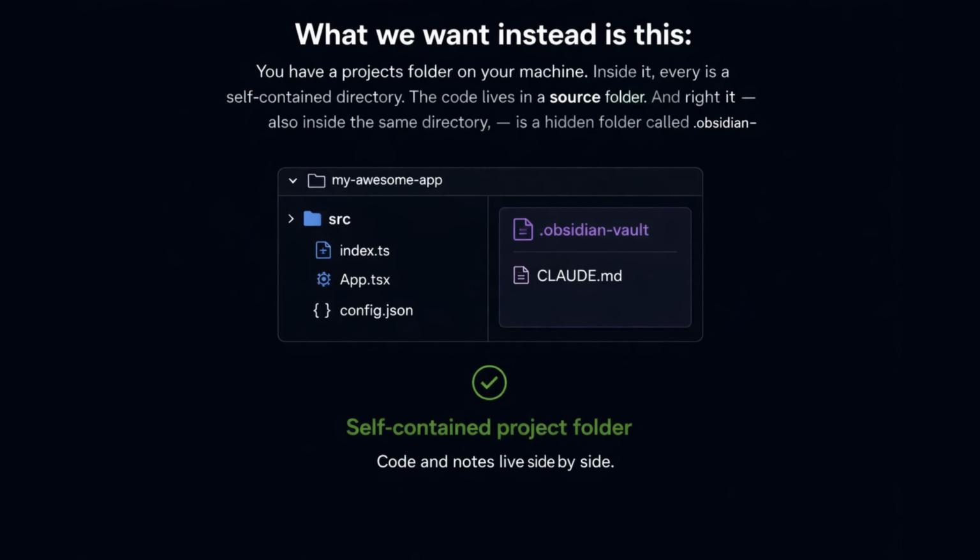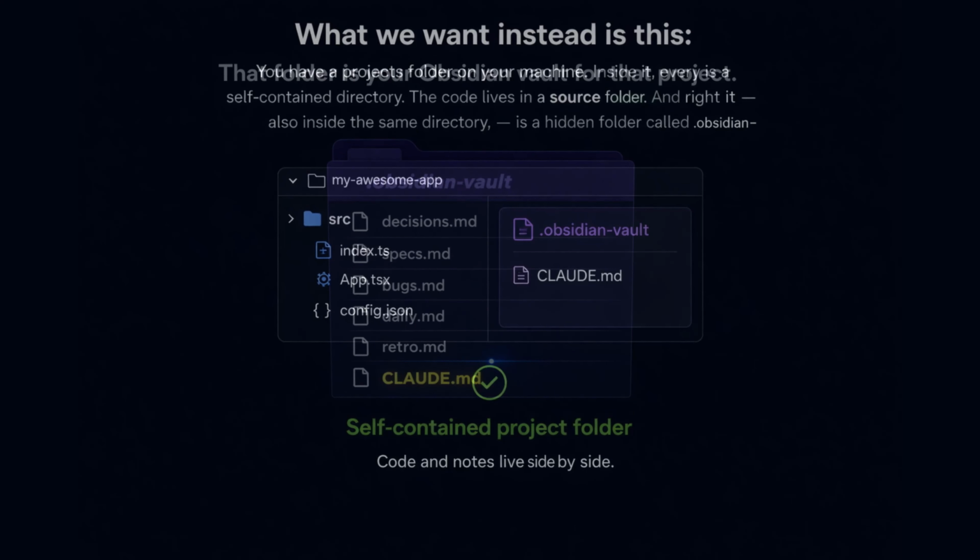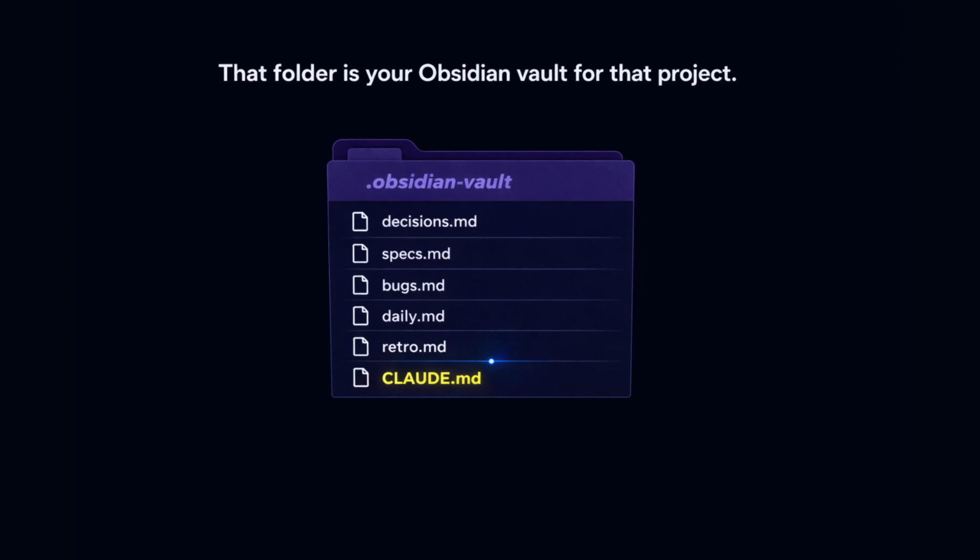You have a projects folder on your machine. Inside it, every project is a self-contained directory. The code lives in a source folder, and right next to it, also inside the same directory, is a hidden folder called .obsidian vault. That folder is your Obsidian vault for that project. It contains your notes, your specs, your decision records, and most importantly, a file called